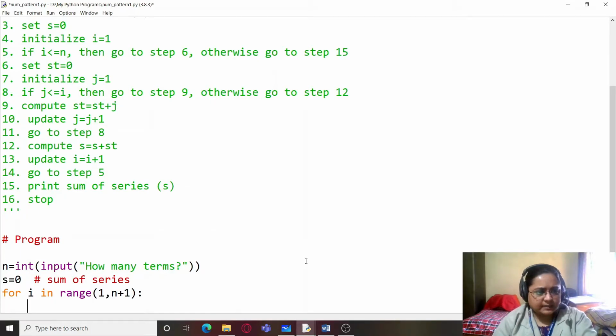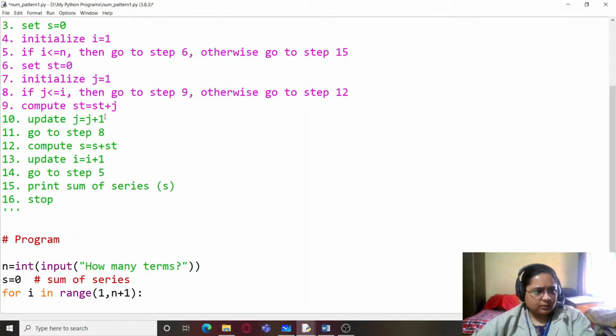So our update expression and looping back to step 5, here we are actually crunching these steps 4, 5 and steps 13 and 14, because this is the outer loop.